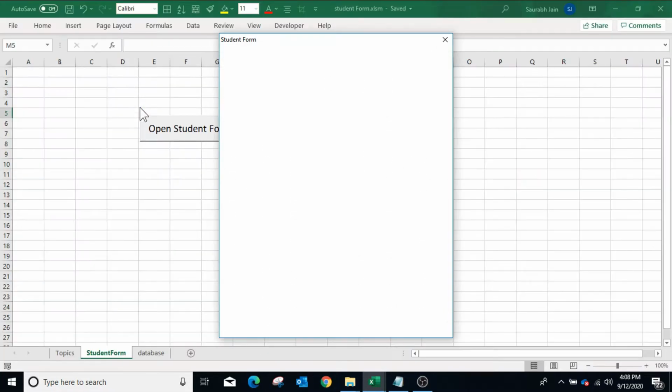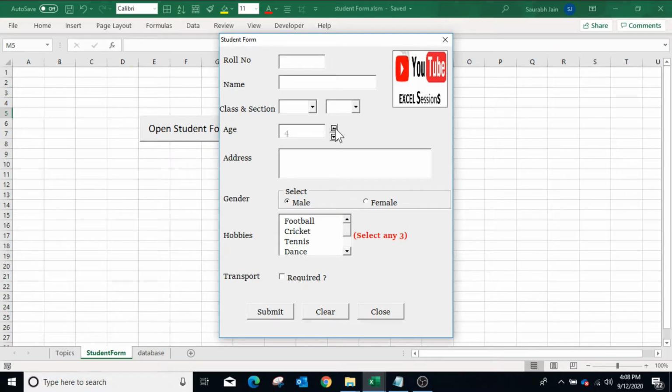Now run the form. Now change the spin control. The value will change in the text field. Also, the value will not go above 20 or below 3 because the minimum and maximum values are set to 3 and 20.